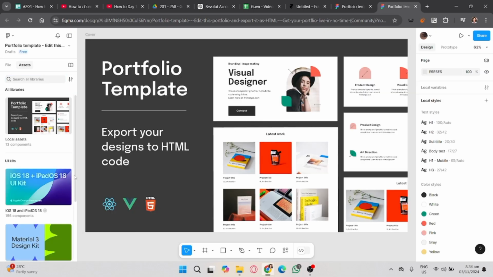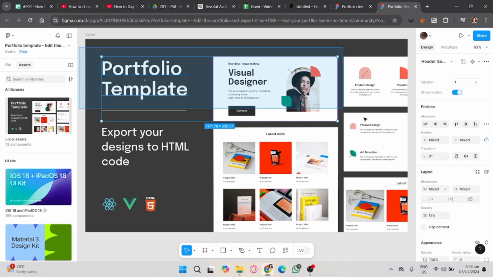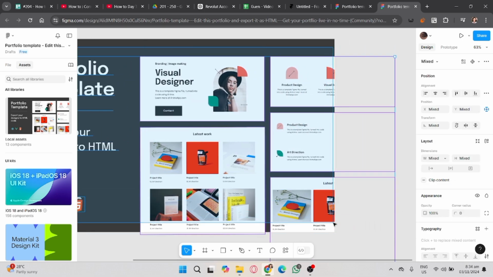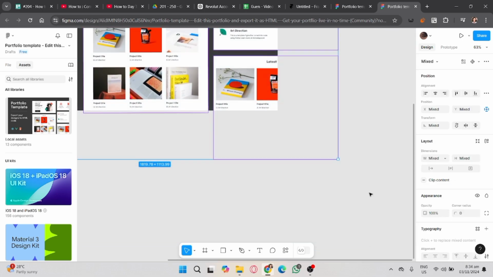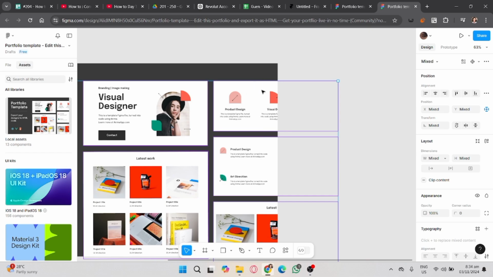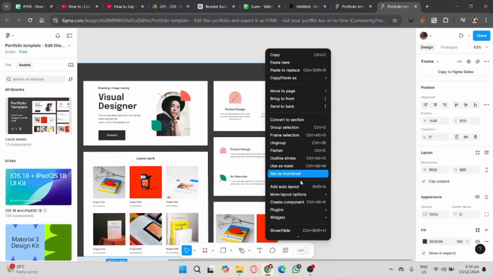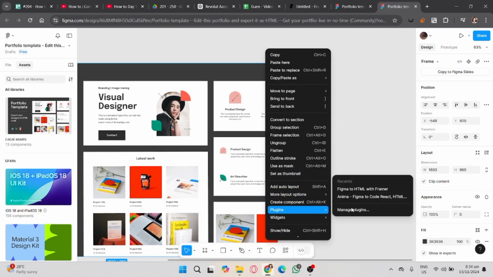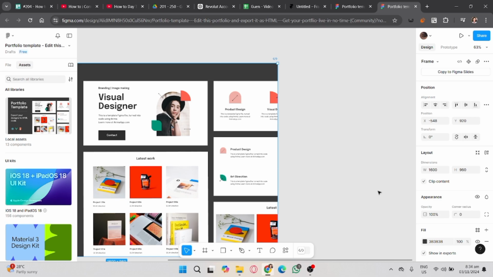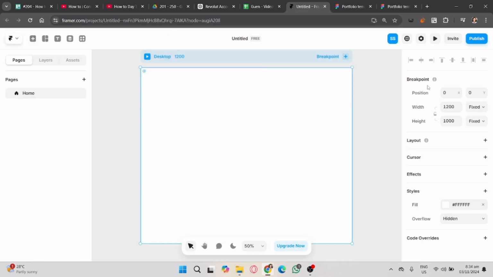So on your project, copy all of that content of yours and then right click. You will see there a selection for plugins, and then select Figma to HTML with Framer. Now wait to copy your layers, and then once it's done, go to your Framer and then make sure to